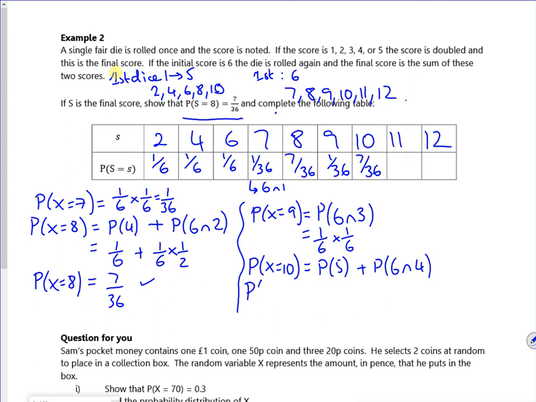For the 11, the only way to get an 11 is to be a 6 and a 5. So that follows the same maths as a 9. So that would be 1 out of 36. And then this one's 1 out of 36 as well. It's a 6 and a 6. I hope that